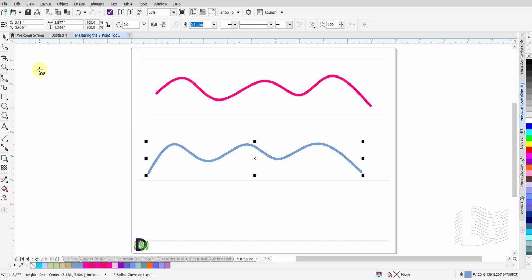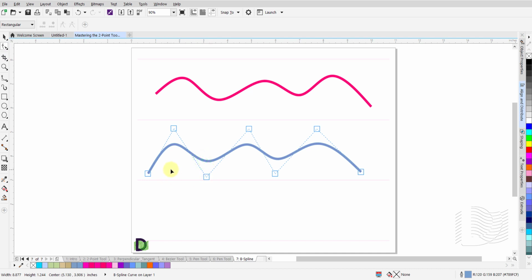Now select the Shape tool, F10, and click on the B-spline you just drew. The blue squares that pop up are the control points. Notice that the control points at the end of this line are placed right on the line. These are the clamped control points. The remaining, as you notice, are floating above or below the B-spline. Hence, these are your floating control points.